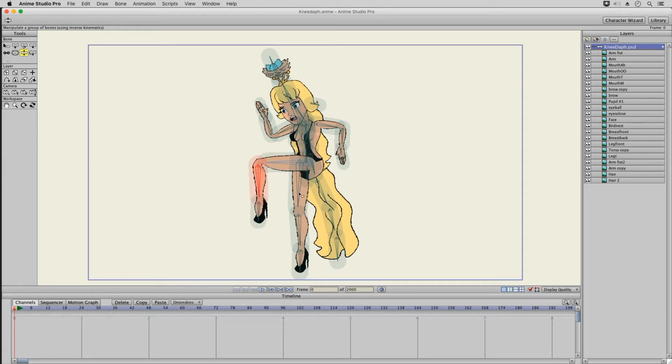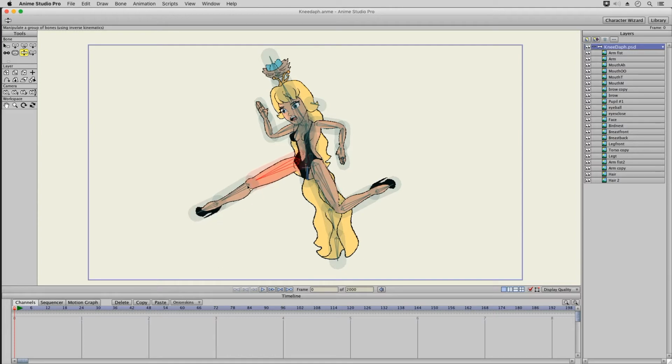That leg actually needs to be moved down. But before I do that, I'll adjust the weight over here. Make sure these are weighted so there's not such a weird crease. Alright, so